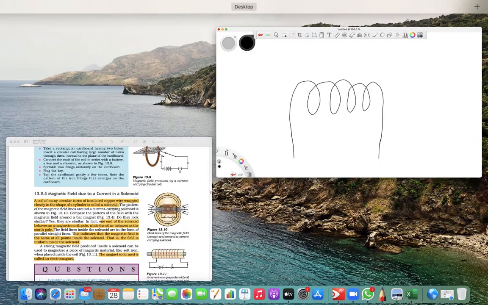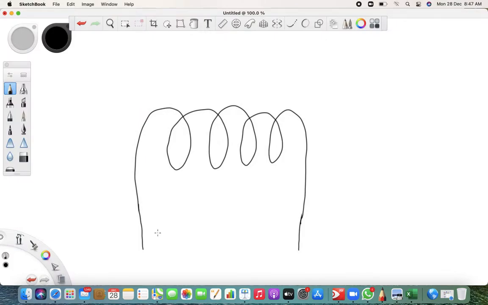Now let's say we are attaching it to a battery, and then a key to switch it on and off, and so as you can see the current passes like this. So here the current goes down, here the current goes up. So alternatively it goes like this, okay, fine, and finally turns back and goes back to the same thing.